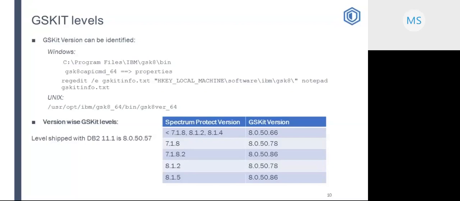You can identify the GSKit version by running the following commands. For Windows, you can check the registry, and for Unix, you can run the gsk8ver_64 command. Below are the GSKit versions shipped with Spectrum Protect. GSKit 8.0.50.78 is the latest level shipped with Spectrum Protect 7.1.8 and 8.1.2 versions.